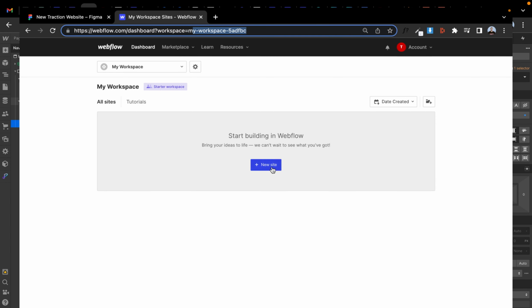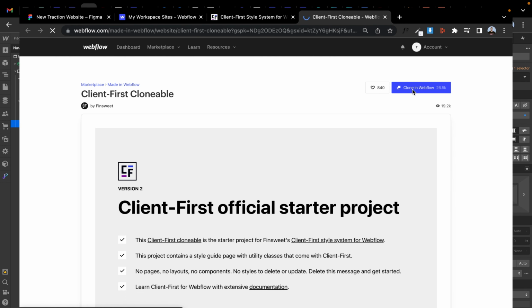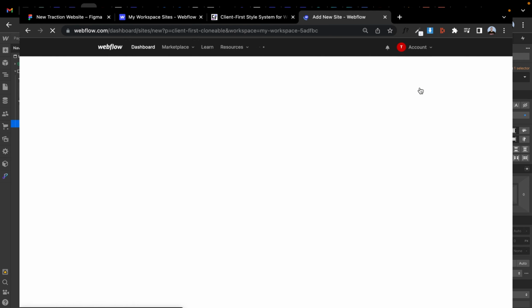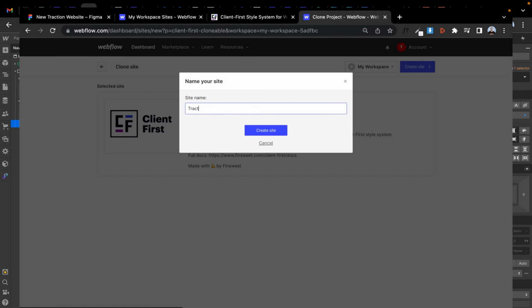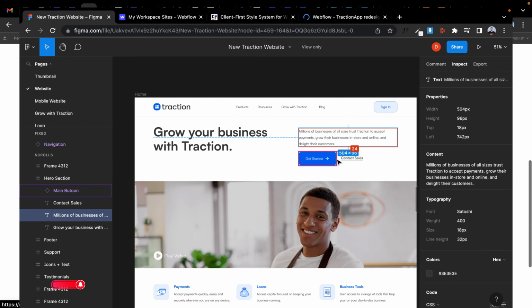Okay, so the first thing you want to do is to clone Client-First. You go to finsweet.com/client-first. You clone the project, all right? It's more like a style guide. That's the first thing you want to do. You just have to rename it to whatever project you're working on, and now you want to start filling in